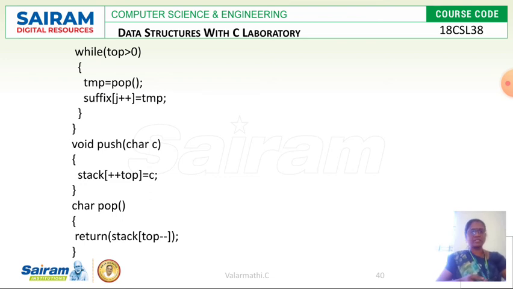That means the character which is going to be inserted is stored in stack of plus top. Then pop is similar to push. In pop, the element stored in the current stack should be deleted. For that, top minus points to the last element, and that should be returned back. So that's why return stack of top minus is given here.